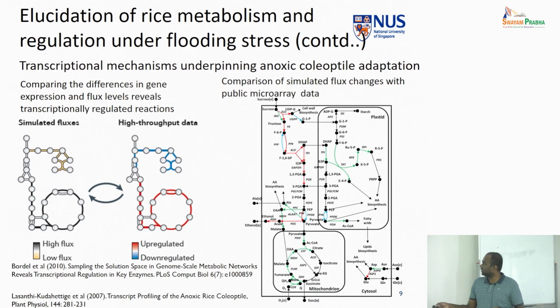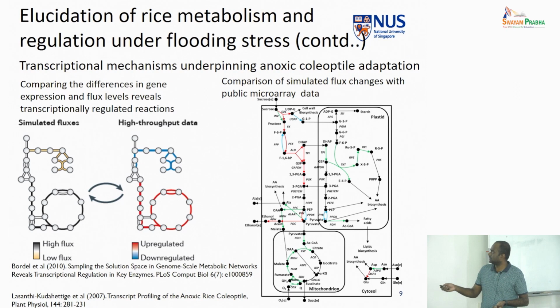so whatever you see in red or green are the actual validated enzymes which showed a change in magnitude. Green means down regulation, red means up regulation, both found in the expression level as well as in the flux level. So this shows that there is a synchronized activity, because with the gene expression reduction, there may be a possibility that the flux levels are also decreased. But then there are also some contradictions, denoted in blue, which showed the opposite direction. Probably the flux showed a reduction, whereas the gene expression showed increased expression.